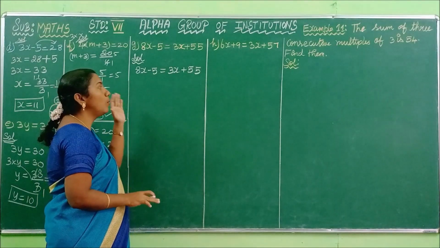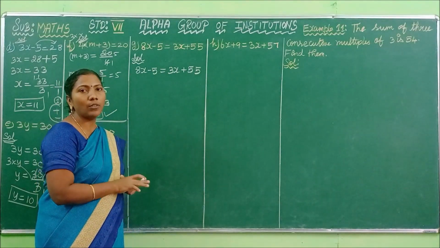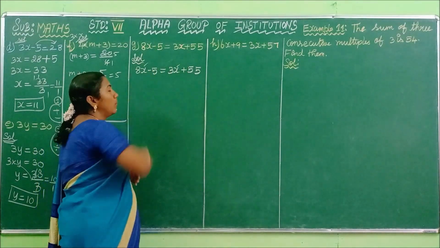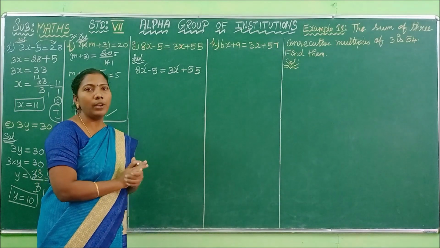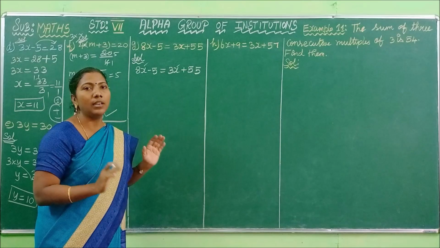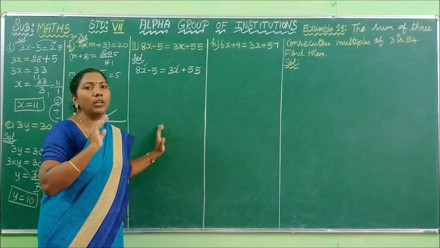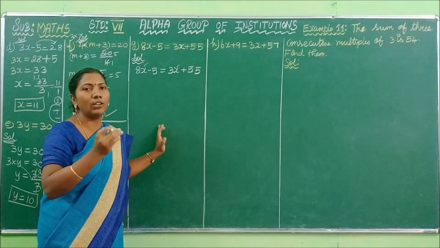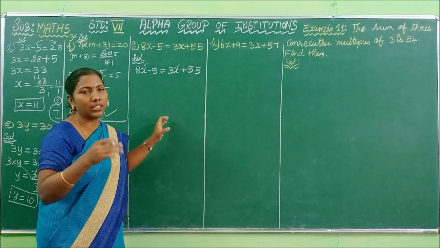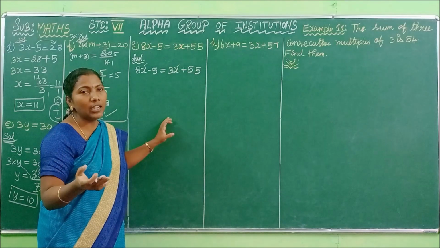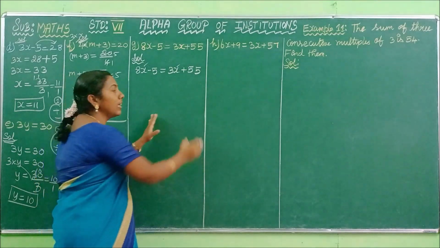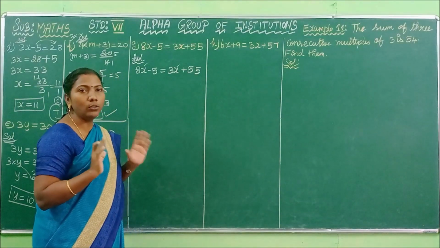In this sum, in both LHS and RHS, we have the variable. So, in order to find the value of the variable, we are grouping the variable on one side. Usually you have to collect the variable on the left hand side. You have to collect the numerical values on the right hand side. You understand children? You have to collect the variables like x, y, a, b, c, d on the left hand side. Collect the numbers on the right hand side. Now we are going to do that only.